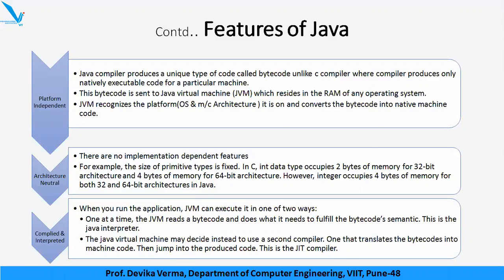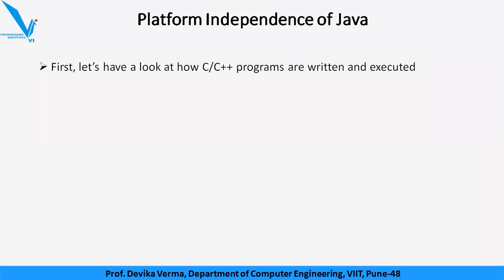What it does is it picks up the entire program and then converts it into machine specific code, which then becomes similar to the way your C++ programs are run, and then the complete program gets executed, loaded in the memory and then executed. So we say that Java is both an interpreted and compiled language.